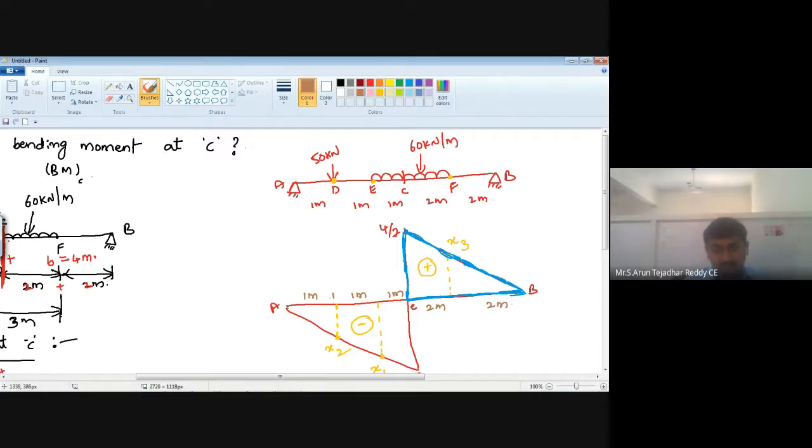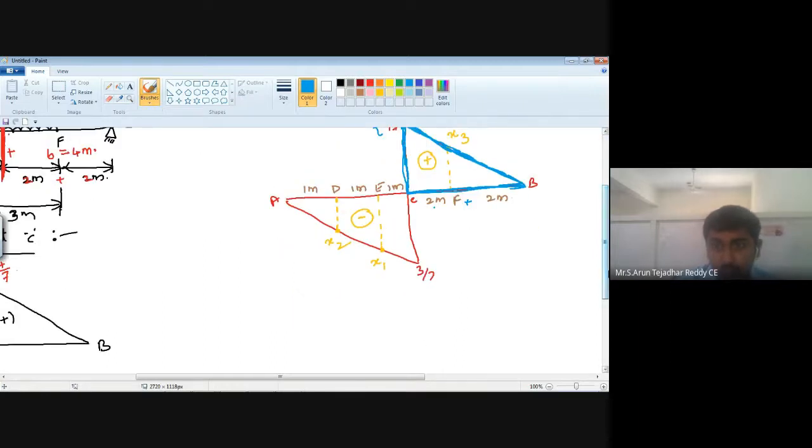Okay, and here we have D, E, and it is F. Now, this complete sky blue color is the bigger triangle. From this bigger triangle, perpendicular is 4/7, base is 2 meter plus 2 meter, total is 4 meter. So 4/7/4 is equal to